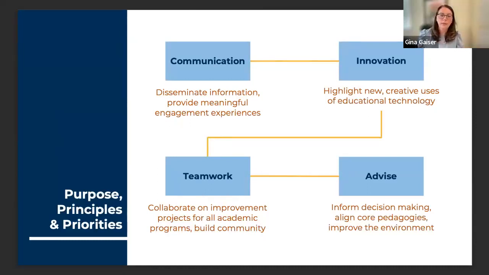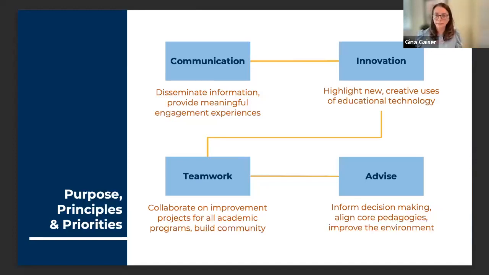So the working group follows the same guiding principles as ETOG, the Educational Operations Group that I mentioned. And our mission is to share knowledge, promote learning, and bridge the connection between the UCSF community and EdTech. So the 4 main areas of our focus are communication, so disseminating information, innovation, highlighting new perspectives, tools, and creative uses of technology, teamwork, so a focus on improvement projects that benefit all academic programs, and advice, informing decision-making that broaden the use of teaching and learning